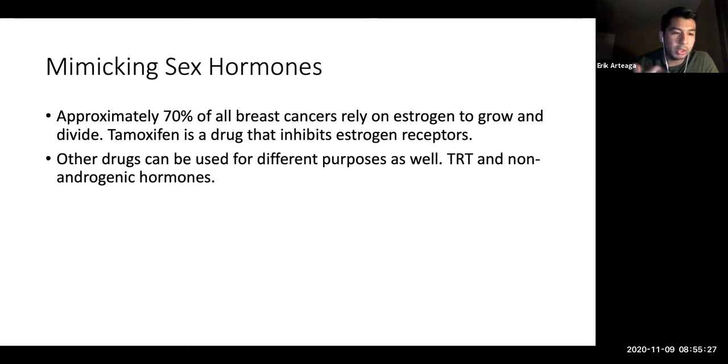Typically we think of anabolic steroids in terms of individuals trying to bodybuild, right? They're trying to anabolically build their muscle tissue in order to compete in bodybuilding shows. But many of those drugs were developed for medical purposes, and hormones have a very positive effect on individuals in severe trauma or severe burn incidences as well, right?